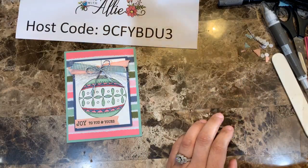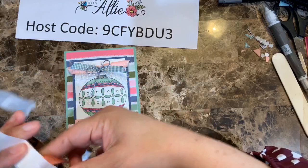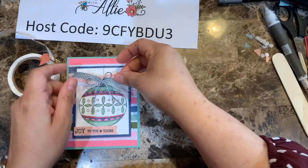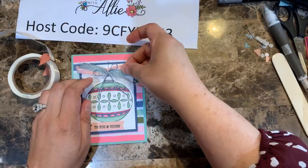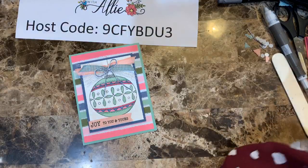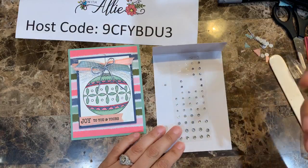So now I'm going to go ahead and bring a, what is this called? A glue dot. And I'm going to be putting this one right here, and I'm going to be putting it somewhere here because I still want to see this part of the ornament. And we're going to bring our embellishments or our rhinestones here, and we're going to put them right there on the bauble,